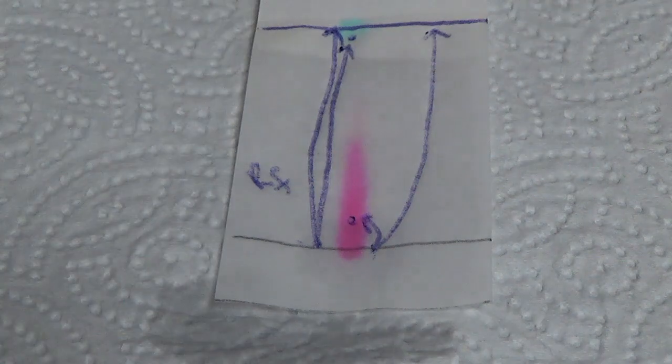Earlier I did paper chromatography for green food color, and you're like, well, if purple is red and blue mixed together, which kind of makes sense, green should be blue and yellow. Well, here is my green food color. It moved all the way up. And what I want to point out is